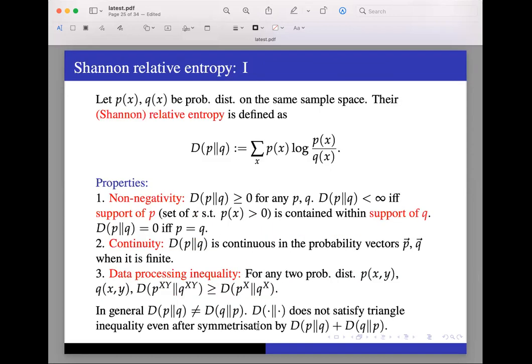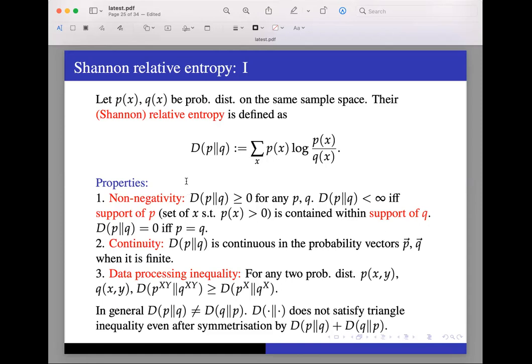Okay, so what is the relative entropy? Let us say I have two probability distributions P and Q on the same sample space X. The relative entropy is defined by this quantity. This is the notation, and this is the expression. It is the average of this random variable. If I think of a random variable which maps the sample point x to the log of the ratio, it is called the log likelihood ratio in technical terms. Now, if I take the expectation of the log likelihood ratio random variable under the first probability distribution P, I get the relative entropy. You can see it's an asymmetric definition because of the P here.